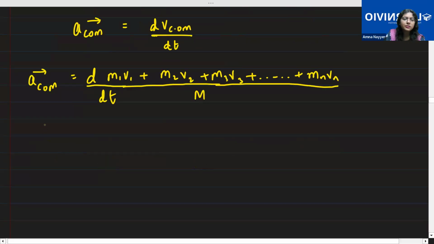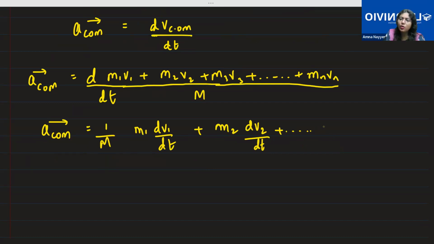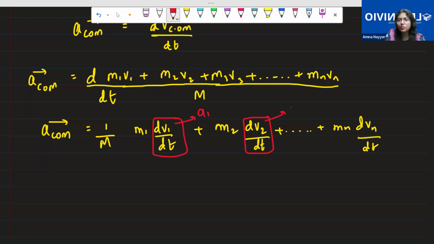Now see, acceleration of center of mass will be 1 by M taken out. Now masses are constant, so m1 dv1/dt plus m2 dv2/dt, like this will go on till m_n dv_n/dt. So what you do, see, dv/dt is nothing but acceleration: this is acceleration 1, this is acceleration 2, this is acceleration 3, 4, 5 till nth. So when you put in the value,